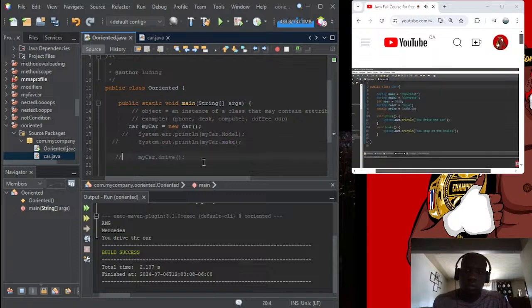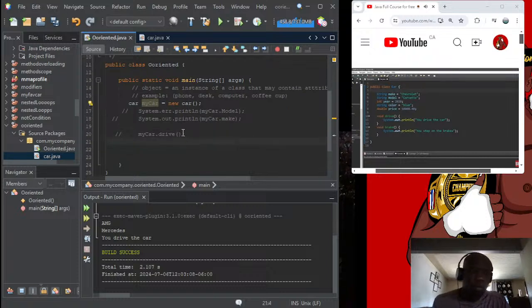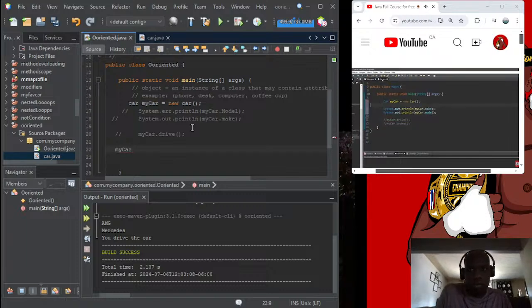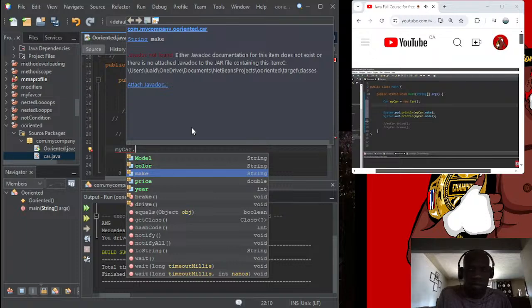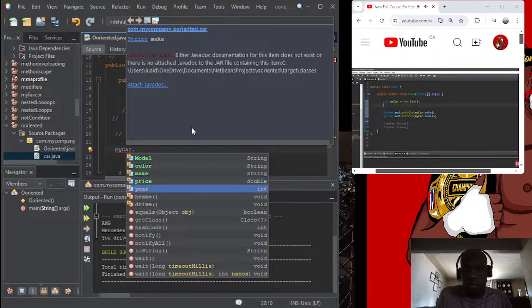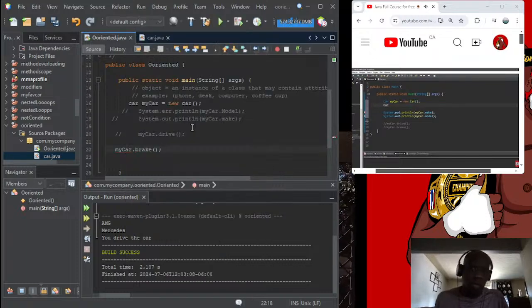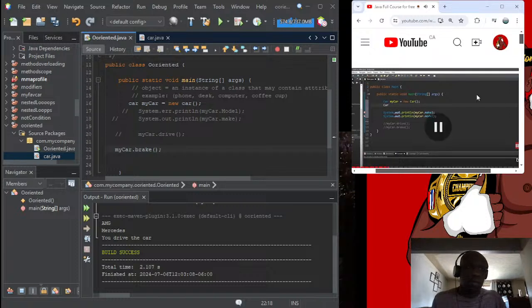Now with classes, we can reuse a class to instantiate multiple instances of this class, meaning that we can reuse this class to create multiple objects, not just one. So let's reuse this Car class to create a second car. Let's pretend that we own two cars now. So let's repeat the steps for creating a car. So we type in the name of the class, Car, and we need a